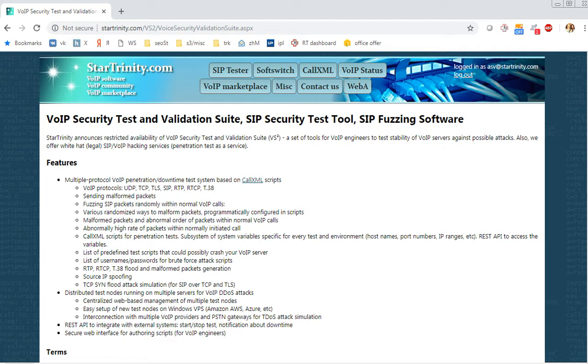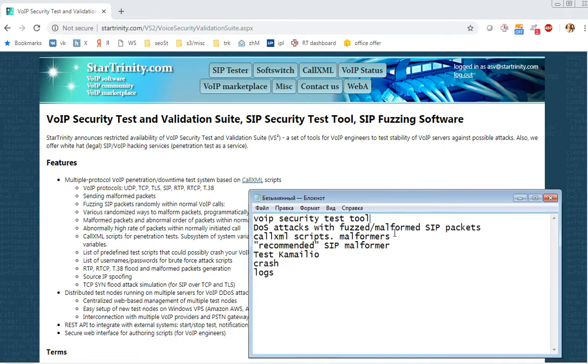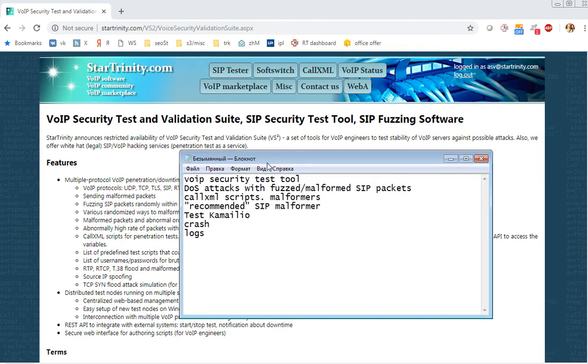and especially SIP fuzzing, or malforming SIP packets. So our software sends and receives SIP calls, and it injects malformed SIP packets, randomly malformed SIP packets. So we analyze